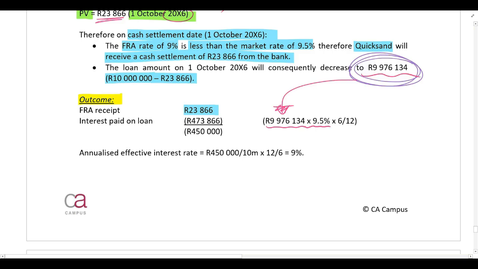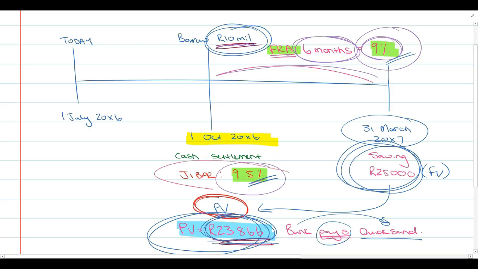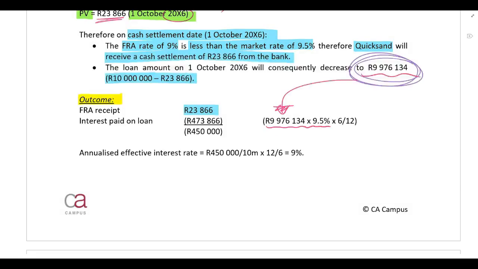When they enter into the loan, the interest rates have increased. So on this loan amount, they are paying interest at a rate of 9.5% because on the day that they enter into the loan agreement, JIBAR has increased to 9.5%. So the interest rate on their loan is going to be 9.5%. And that is for a period of 6 months, which means over the 6-month period, that is the interest that they are going to pay the bank. So that's the interest that they pay the bank. They receive 23,866 from the bank, so that's a receipt from the bank. So the net effect is they have an outflow of 450,000 Rand,